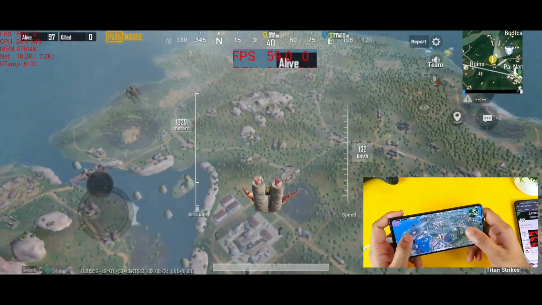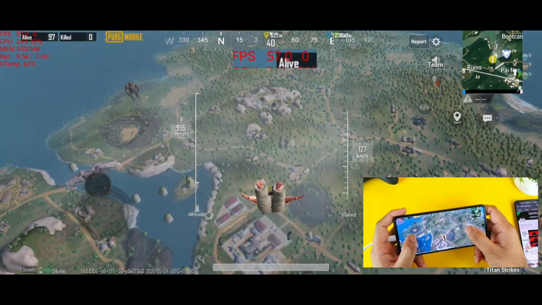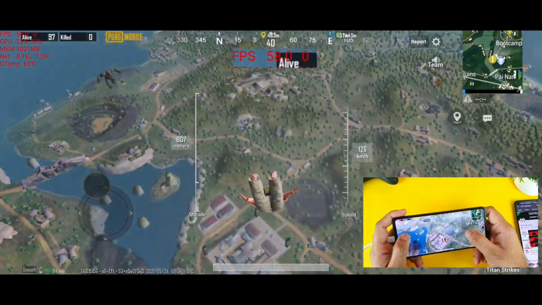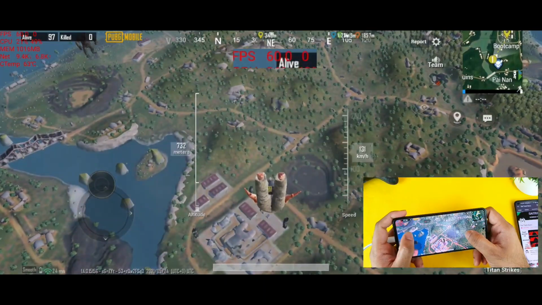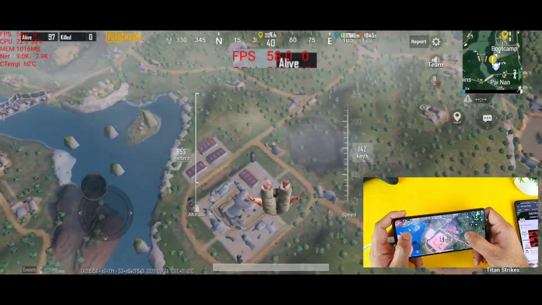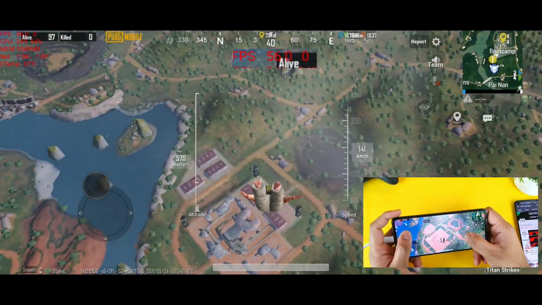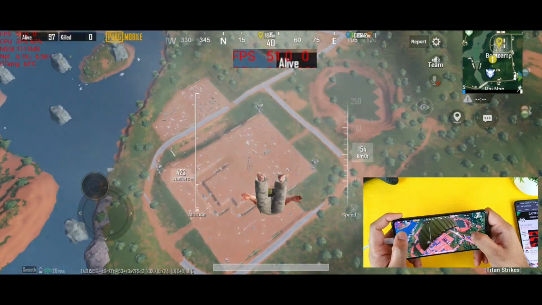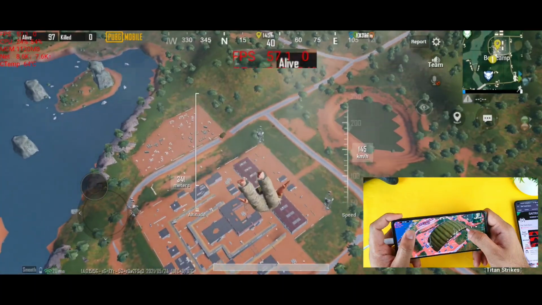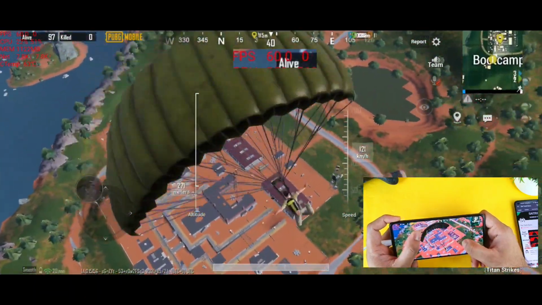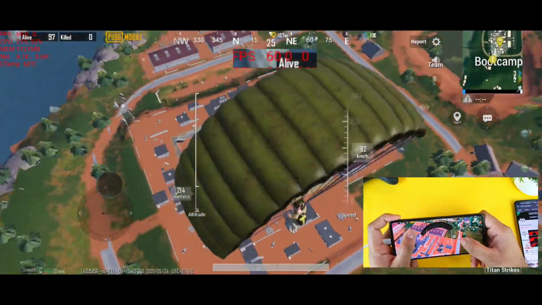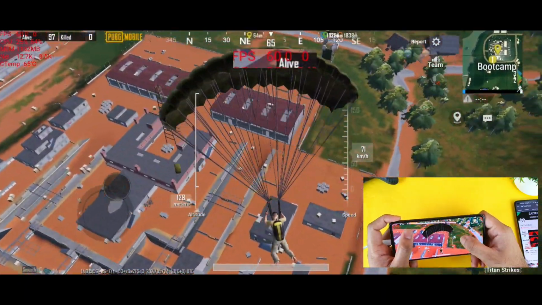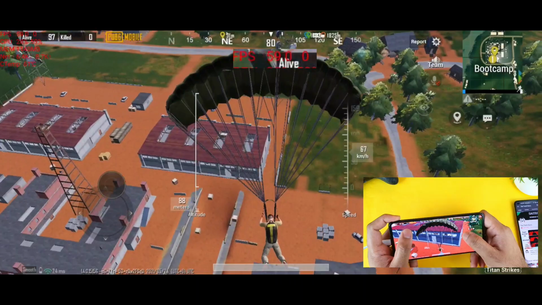As I said, I'm not that good at gaming, friends, sorry for that, but definitely I'm doing my best in terms of showing you whether there is any frame drop or not when you're trying to play in the boot camp. So right now it's 51, you can see the 51, 52. Now 58 I'm getting.